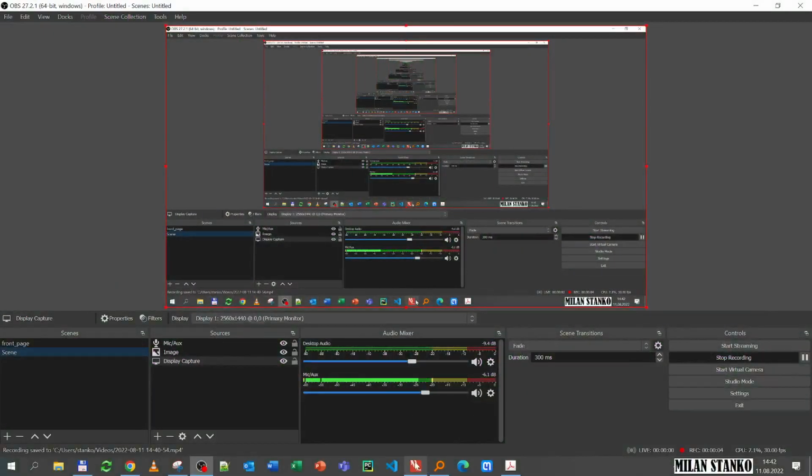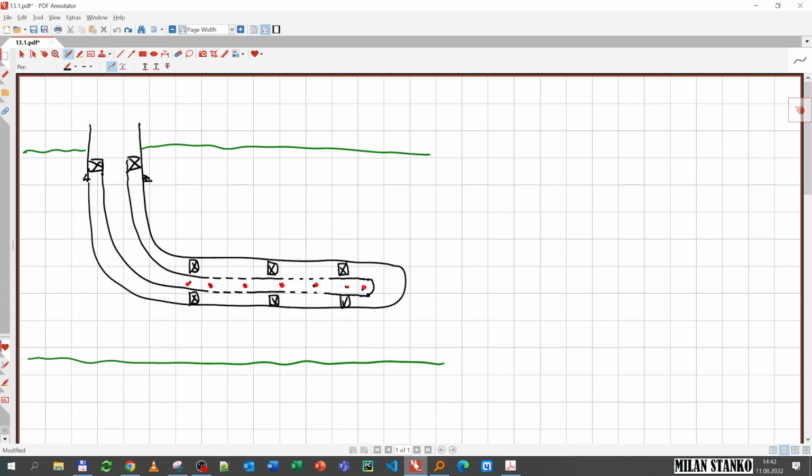Welcome. In this video, we're going to be discussing the IPR for a horizontal well producing undersaturated oil with pressure drop along the wellbore. So consider the following configuration. We have the lower part of a horizontal well in which we have an open hole part, and then we have inserted a slotted liner which has packers,